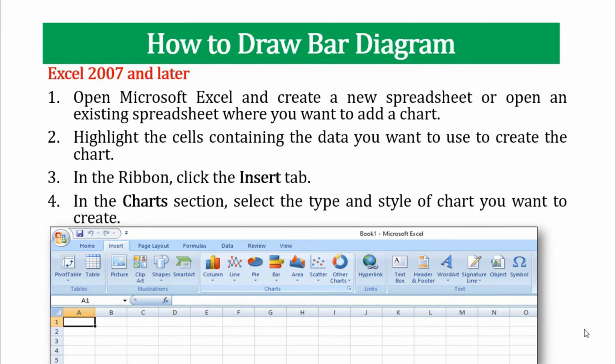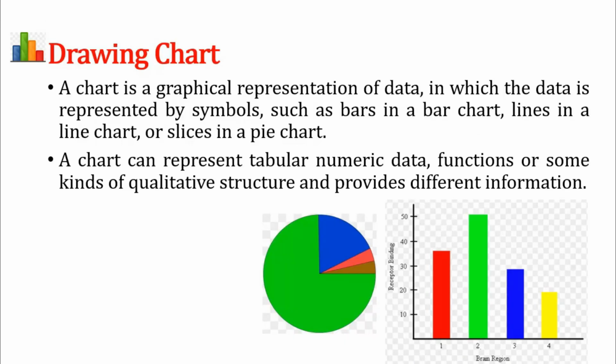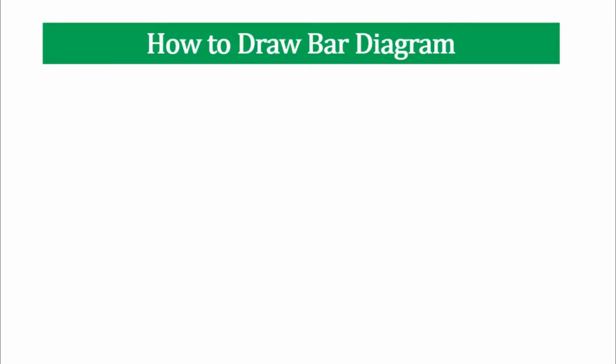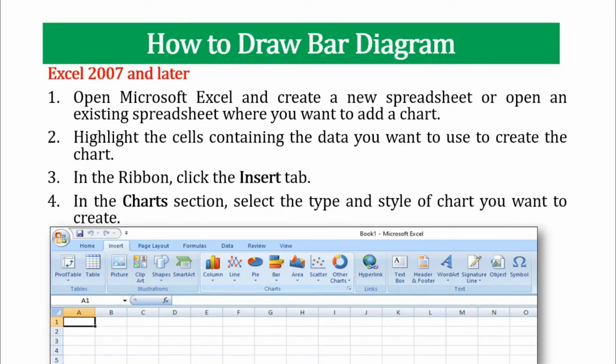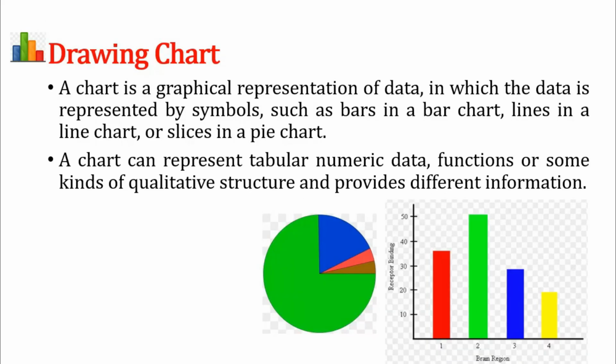In short, open to be conveyed to other people. Common examples of data displayed in a chart are sales information for a month or year, or showing trends in the stock market. Bar diagram from chart sections. And provides different information. Charts and graphs can help illustrate important information needing